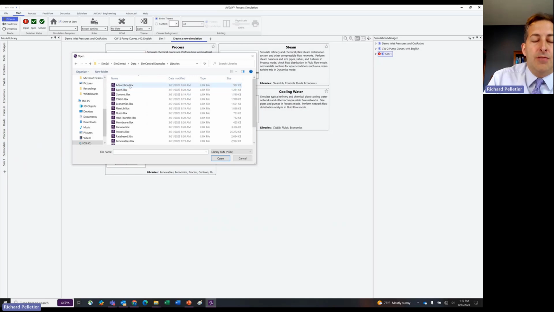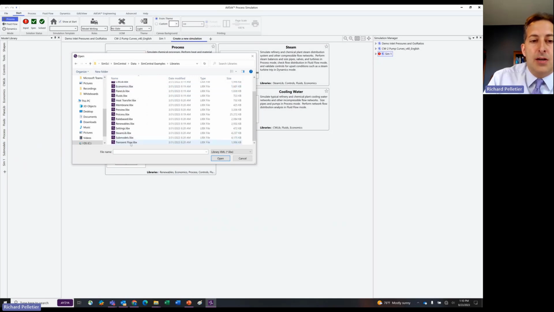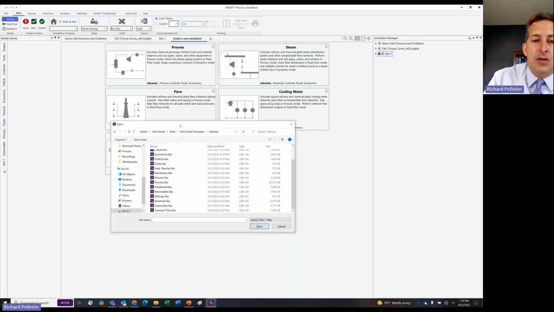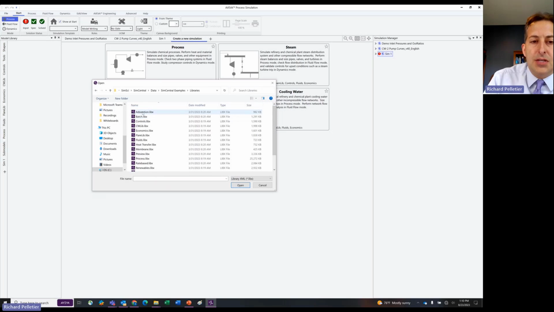And when you come in here, you can find all of the different libraries that come with Aviva Process Simulation. And when you look at this list, you're going to see additional libraries that you don't have in this list of 5 libraries, or even on these tabs over here, right? So when we look at this, we see there's an absorption library, a batch distillation library,